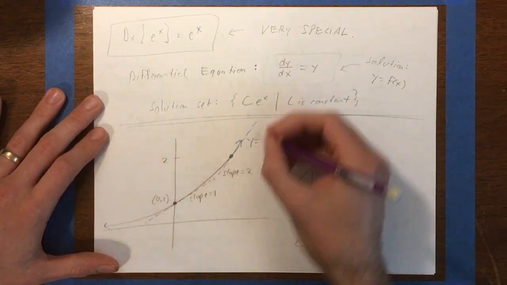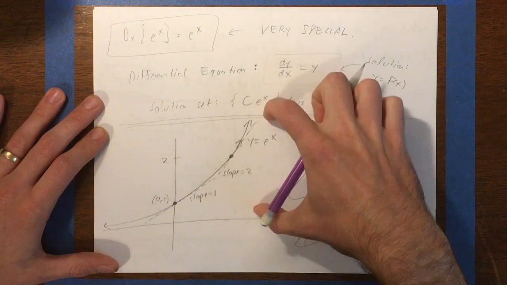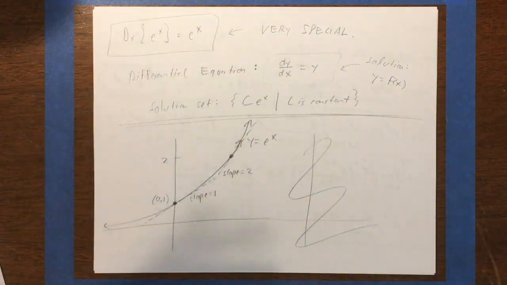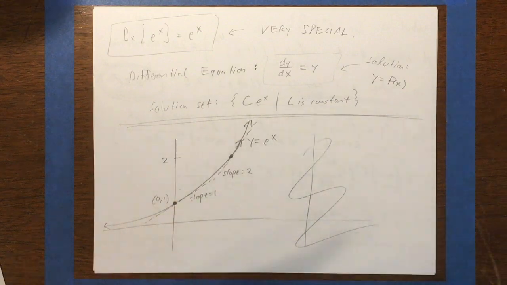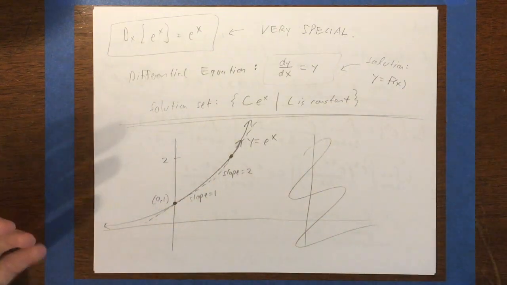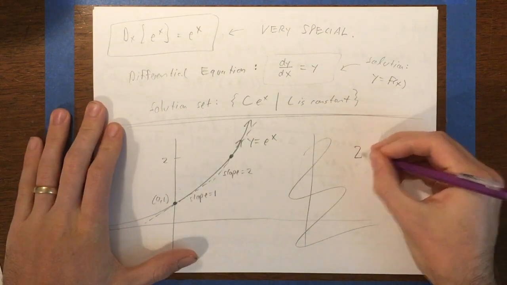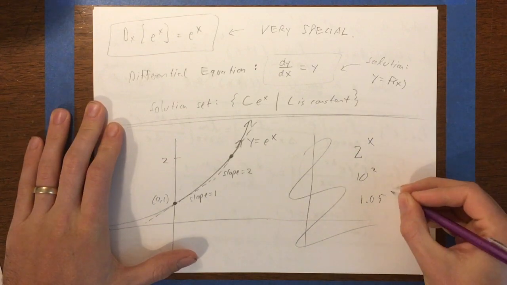That means that as the function's value increases, its rate of change is likewise increasing, which is the whole idea behind exponential growth, right? As the population increases, the rate at which it increases also grows, and you can make it proportional. So changing the base of the exponential, like instead of e to the x, if you do 2 to the x, or 10 to the x, or 1.05 to the x,